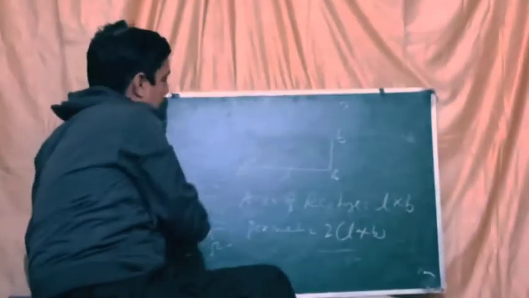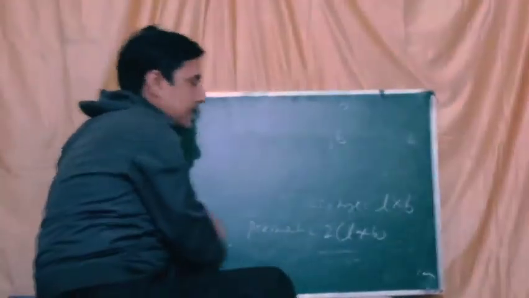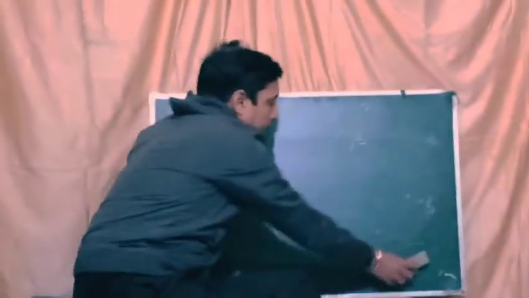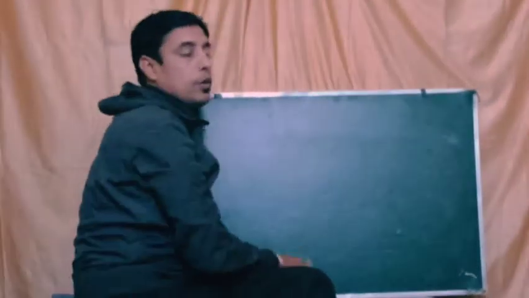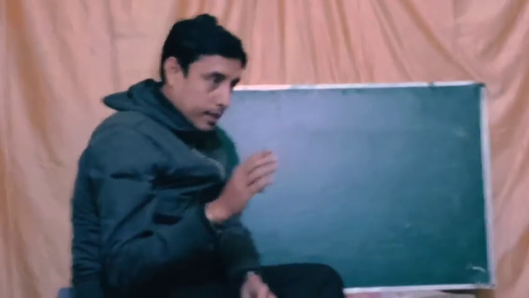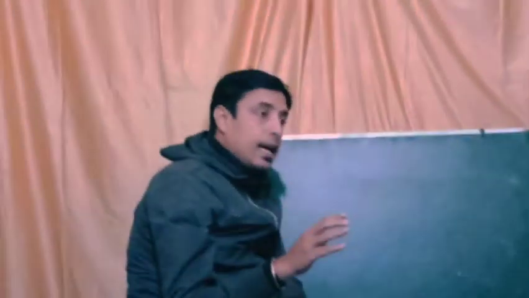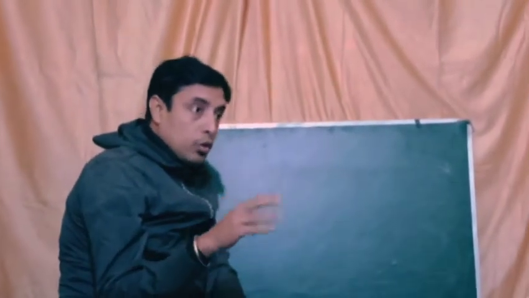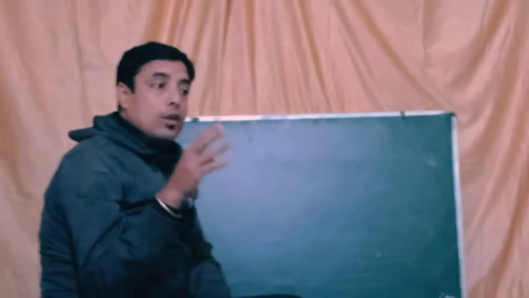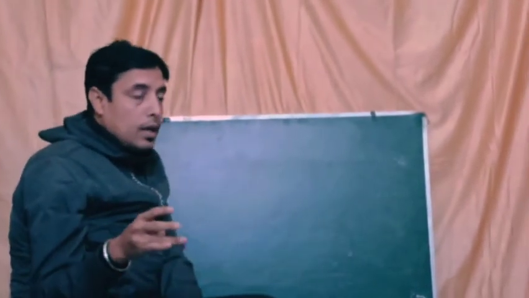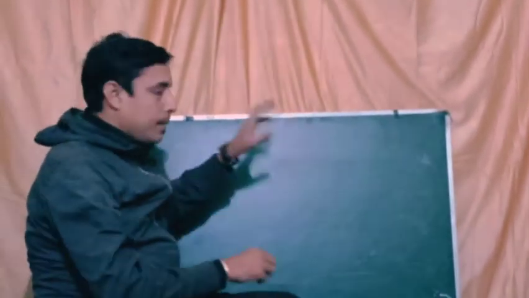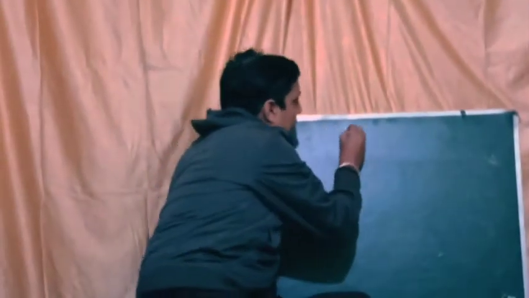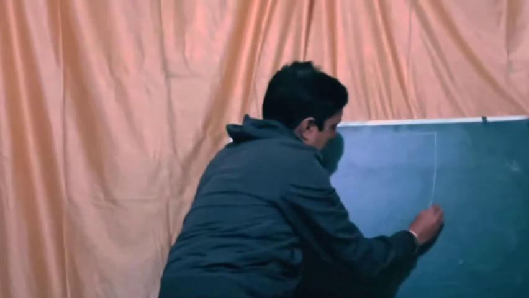Next one is, I am just giving you the basics. Okay? For basics, we have to find everything: area of rectangle, area of triangle, area of cube, area of cuboid, area of cylinder, area of cone. These are all the basics we will find here, right? Next one is area of square.